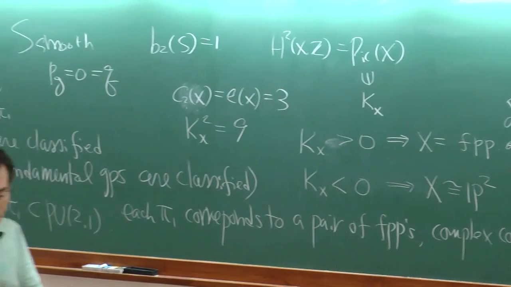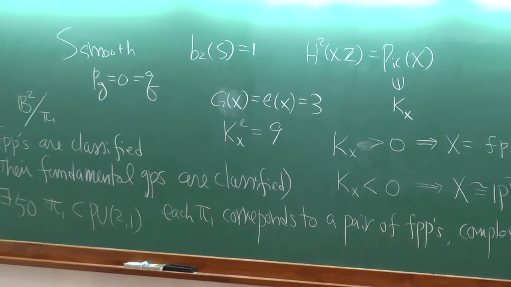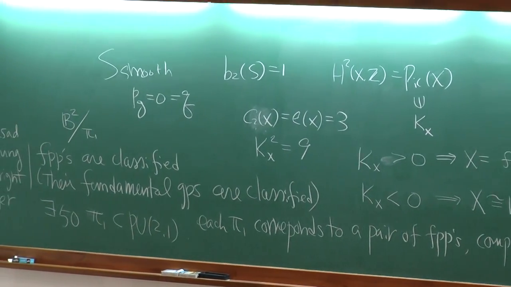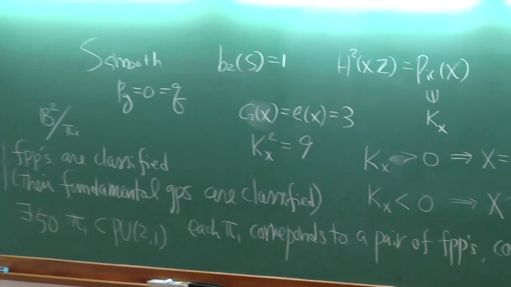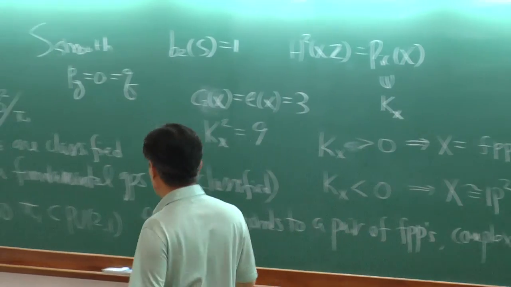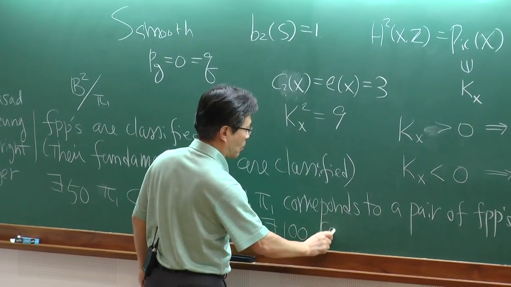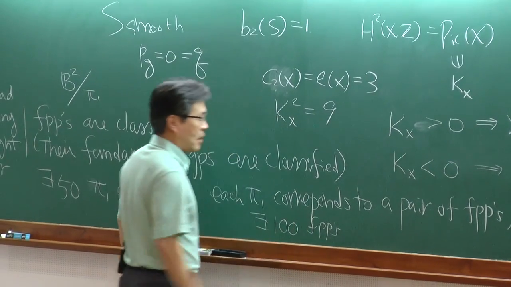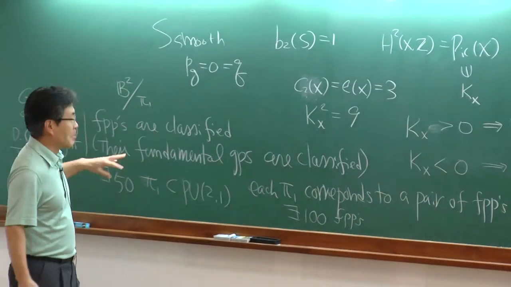So if you change the complex structure by taking complex conjugation, then you get a different fake projective plane with the same fundamental group. So we have exactly 100 fake projective planes. Well, the number is too good, but